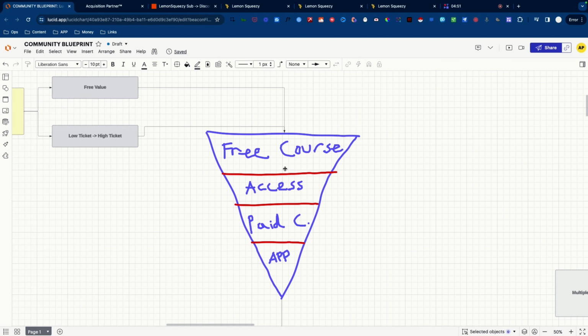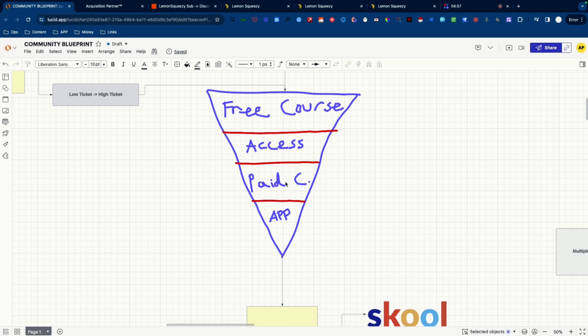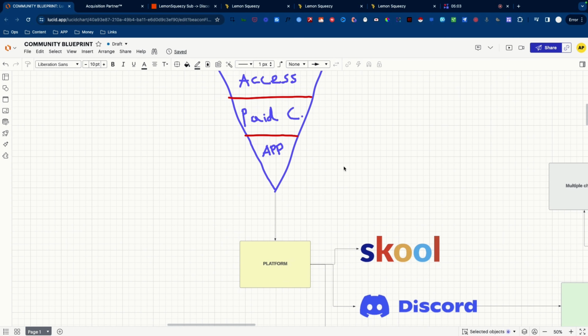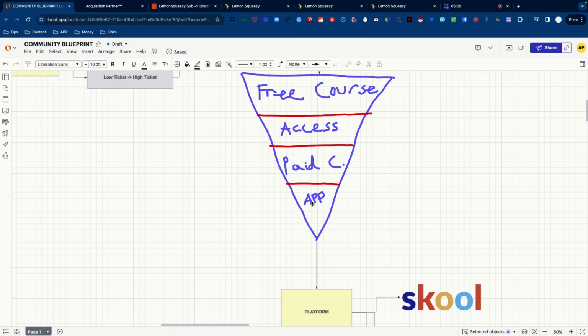From the community platform, we then offer an upgrade and an upsell to the paid community, and from there a large number of our low ticket members for that community then book calls for our flagship high ticket offer. Now, if you don't know about what our offer is in the acquisition partner program,